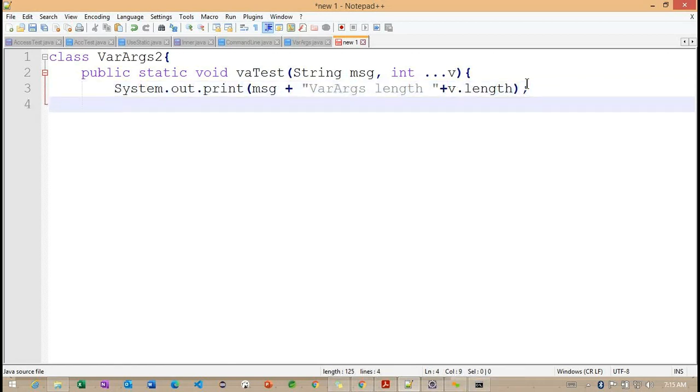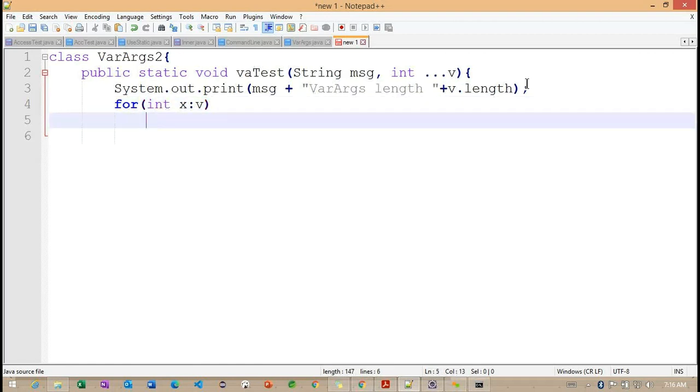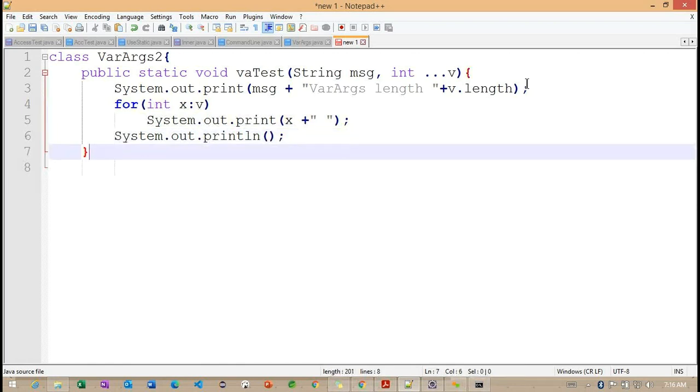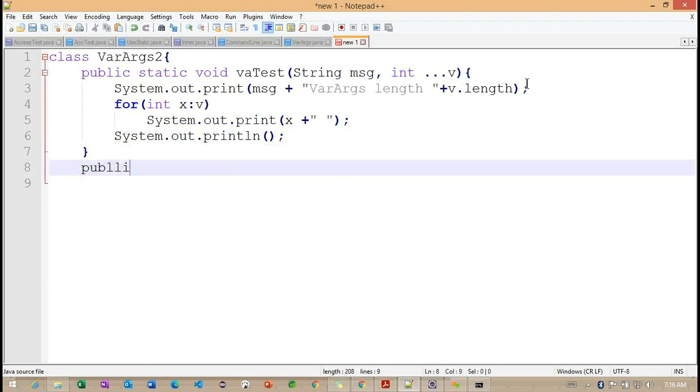Right, now if I'm going to have three values here, we'll try to print all the values here, into x, value I'm trying to print with system.out.println. So this is all about the VA test method.